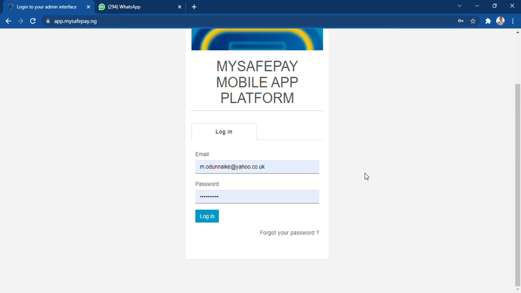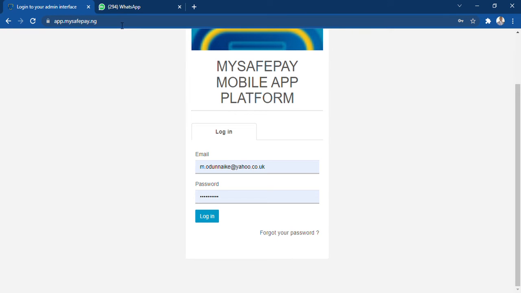Note, you must have paid the company for the company to create an app account for you. After, you must have provided your details such as your email address, your full name, as well as your phone number. Now, once you have done that, the company is going to create your app account, and then you will be asked to